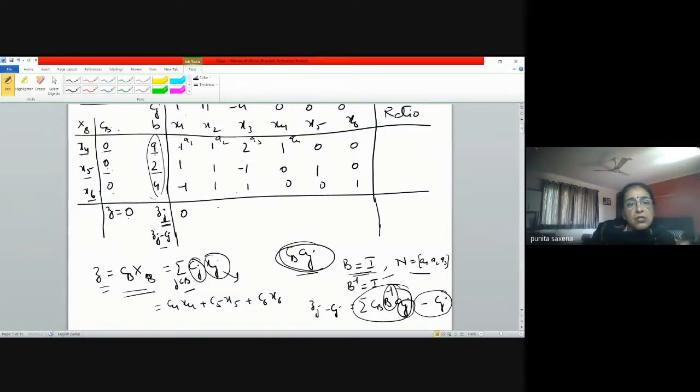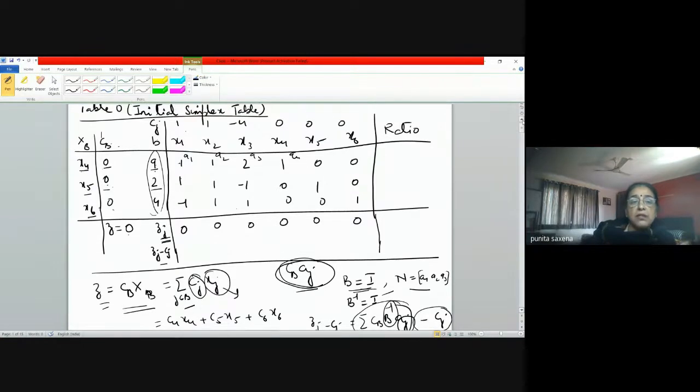Then the second, because all your CBs are 0, in the initial table all your Zj will be 0, okay? But to check the optimality criteria, we need Zj minus Cj. And what are Cj's? The very first row that you have written: 1, 1, minus 4, 0, 0, 0. So Zj minus Cj means 0 minus 1, so minus 1. 0 minus 1, again minus 1. 0 minus of minus 4, so that makes it plus 4. And the remaining will be 0.